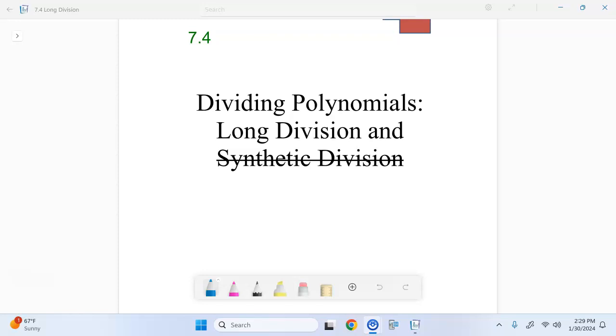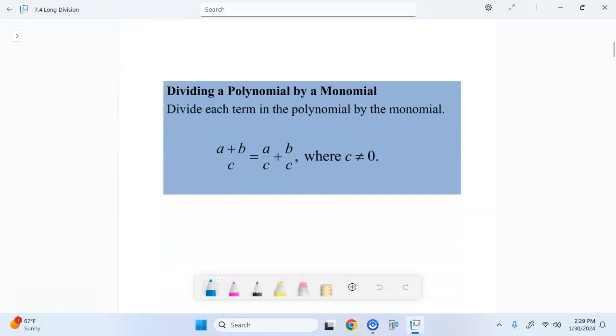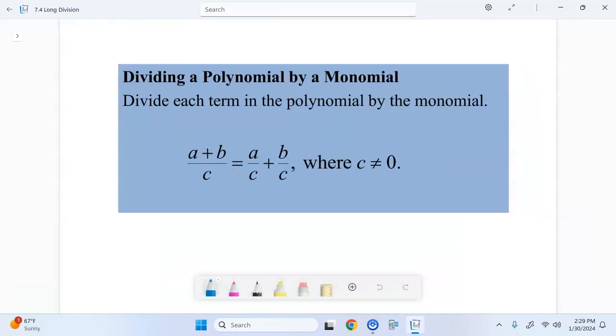So today we're going to cover the long division of polynomials. We'll also cover simplifying when we divide by a monomial. Tomorrow we're going to add in the synthetic division part. Okay? So to start with, when we're dividing by a monomial,